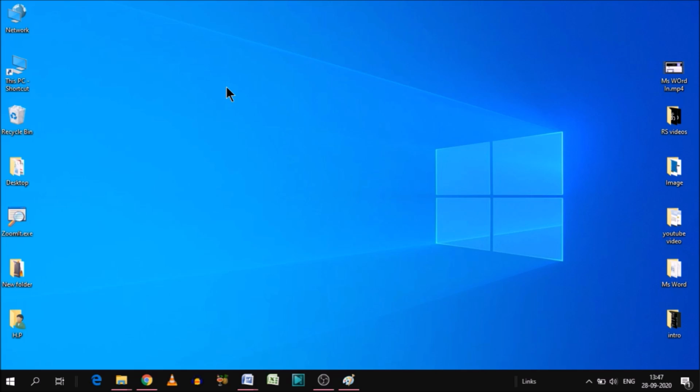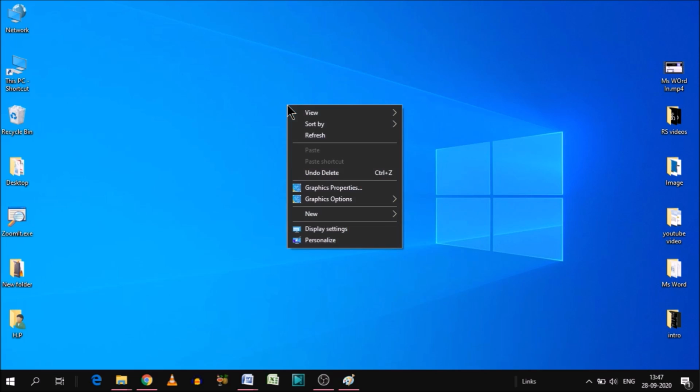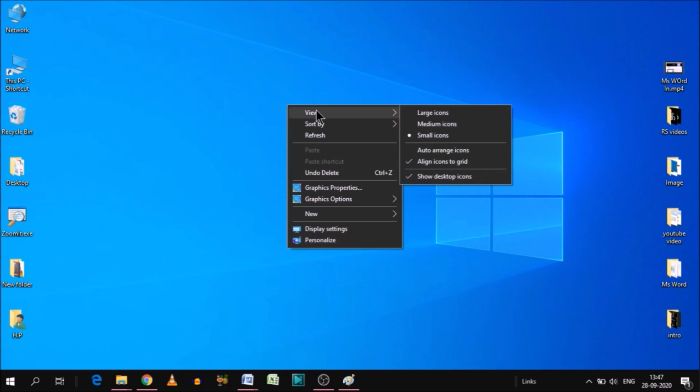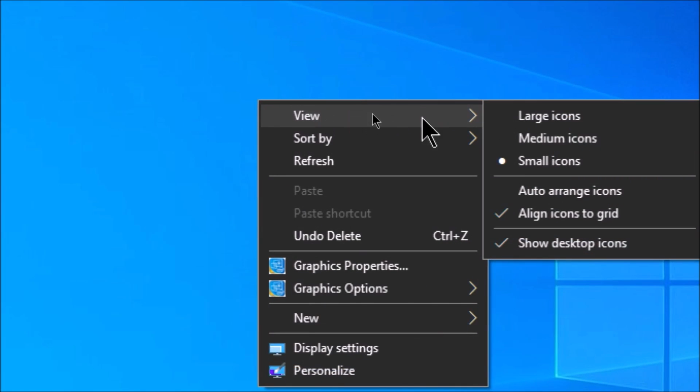For hiding the desktop icons, you can simply move your cursor anywhere on the blank space on your desktop like this. Now right click. When you right click, you will see this option, View. Now in View, here is the option Show desktop icons, which is by default, as you can see,